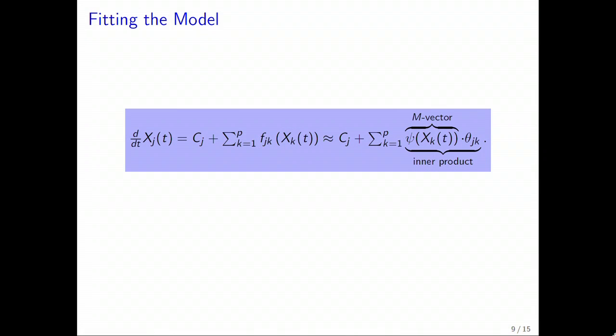And the first problem that we encounter as statisticians is that the f_jk's are unknown. I don't know what kind of effect one gene's expression might have on another, and I don't want to have to make a lot of assumptions. But it turns out that statistically, that's actually not a big problem, because as statisticians, we're very comfortable making what's called a basis expansion, where we approximate this unknown function f_jk using a set of known basis functions. This is the notation psi on this slide, and the details actually aren't too important. But what is important is that even after we make this approximation on the right-hand side, and now we want to estimate the theta_jk's, because the theta_jk's tell us if the kth gene affects the jth gene,